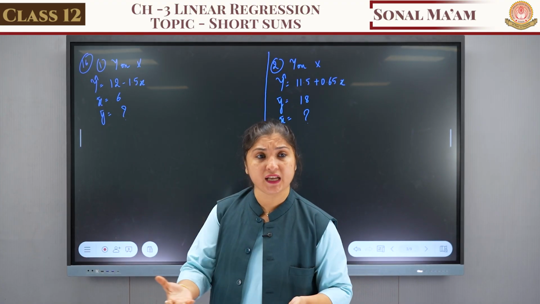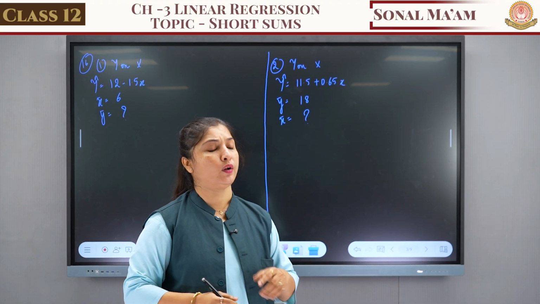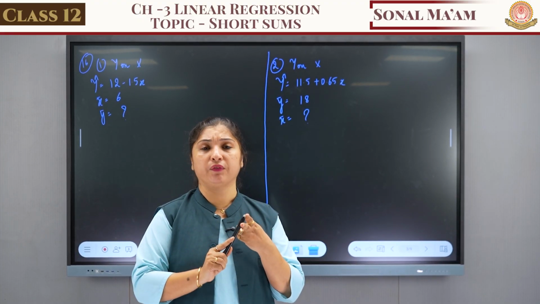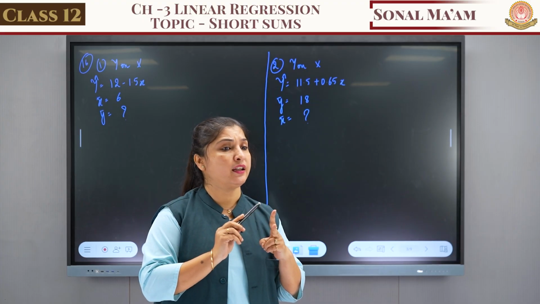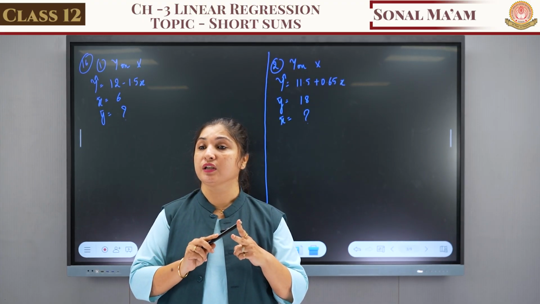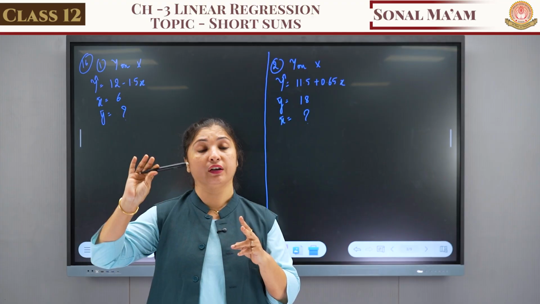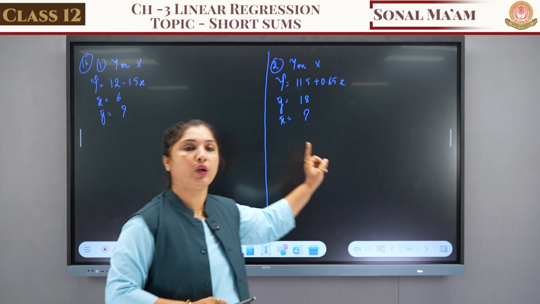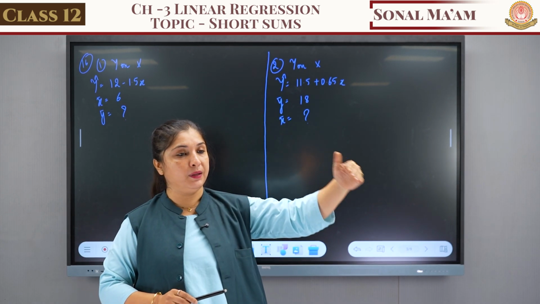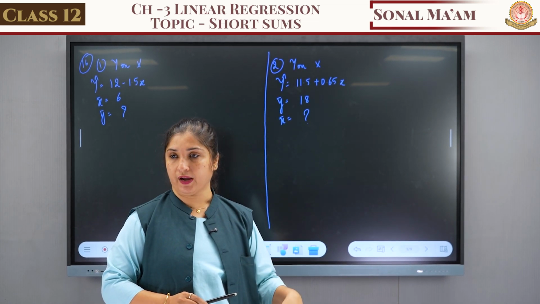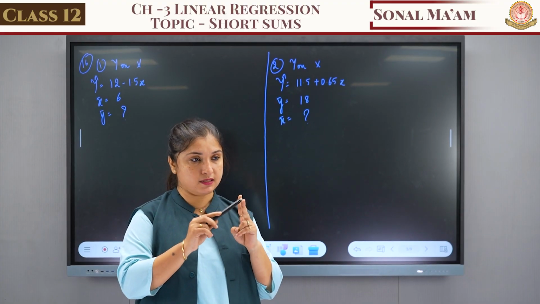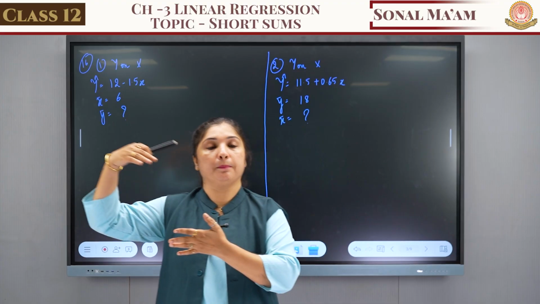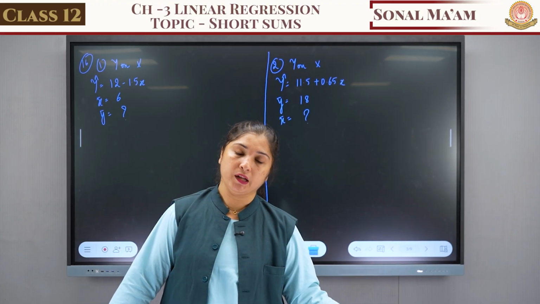So in any case, if you are not able to correlate which sum has to be done by which method, you have to be very clear that whenever it is written in the question linear regression, or regression line of y on x, it clearly shows that we have to do it by these steps, where we have to find b, then we have to find a, and then we have to find y cap. Children get confused about which formula to apply, which sum to be done. Is it done by the correlation method or by the regression method?